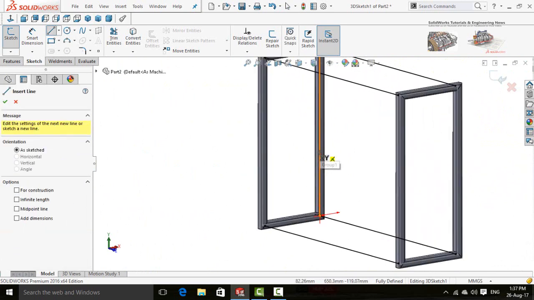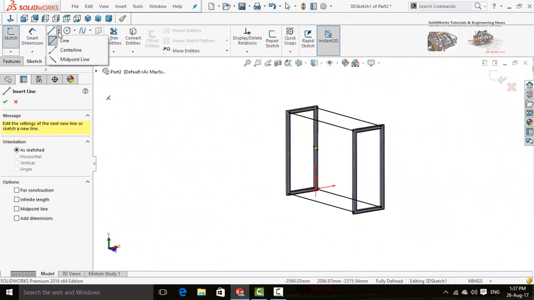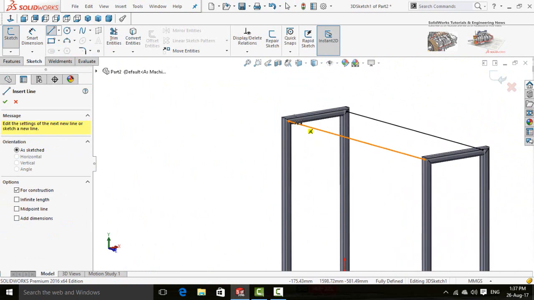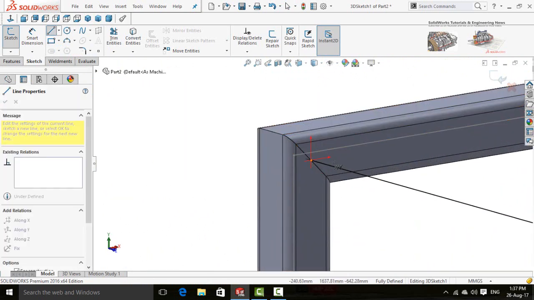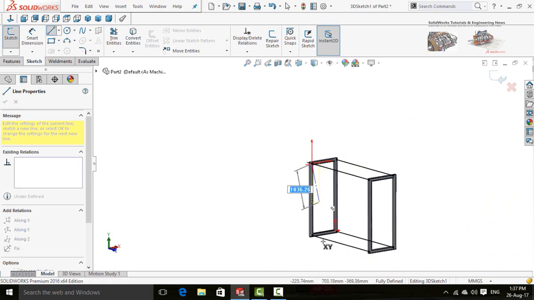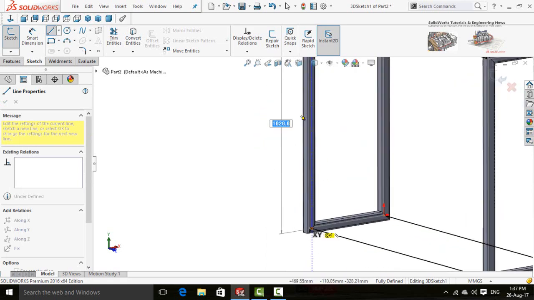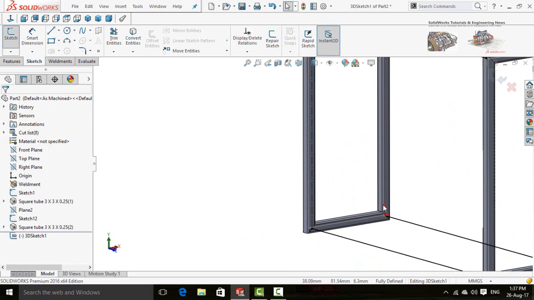Now again line, and this time a center line from this point to this point.